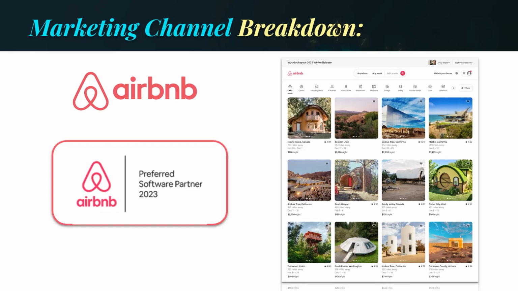We're also a preferred software partner with Airbnb. Similar to Expedia, this came with the ability to manage Airbnb promotions and discounts directly in your ResNexus back office. And this channel does not attach credit card information to the reservation. They collect payment from the guest and will pay out to the host on a regular basis after the guest has left the property. And these reservations are automatically marked in ResNexus as paid by house account.